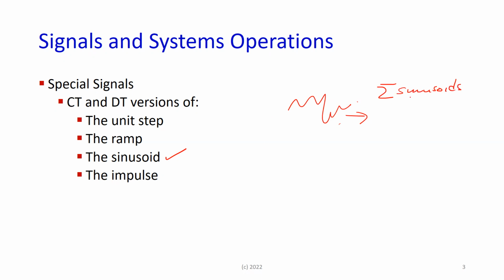And if we know the response for each of them, because of what we know about sinusoidal behavior, then we can deduce what the behavior of the composite signal would be. All right, and the important special signals that we looked at were, of course, I'll come to the impulse in a little while, the unit step, which is like an on-off: nothing, and then at time 0, it turns to 1. The ramp,